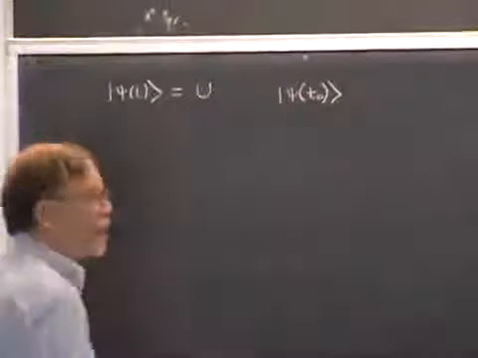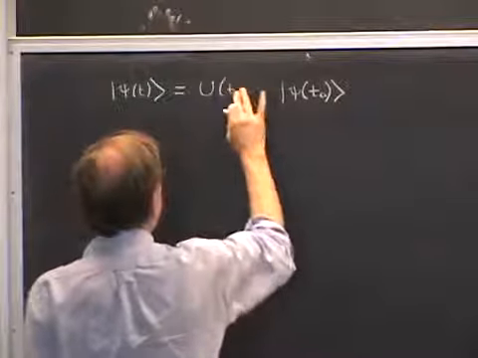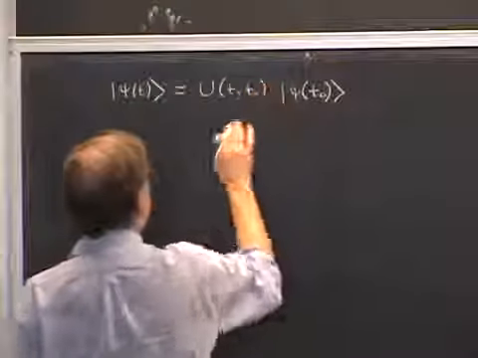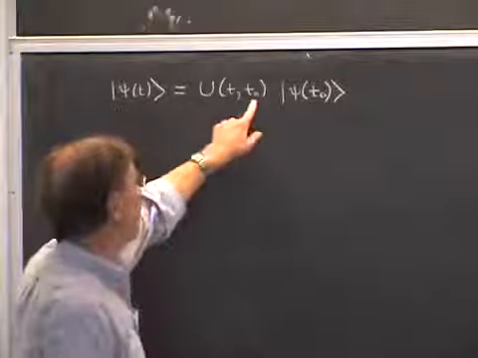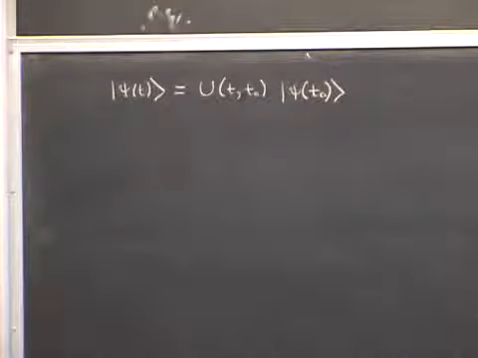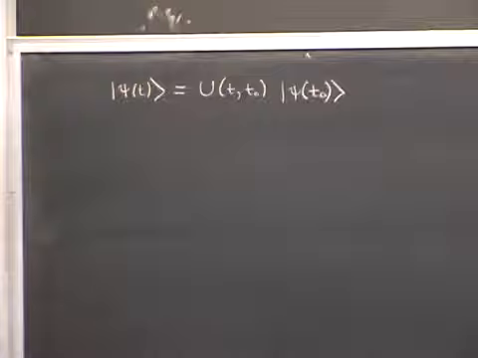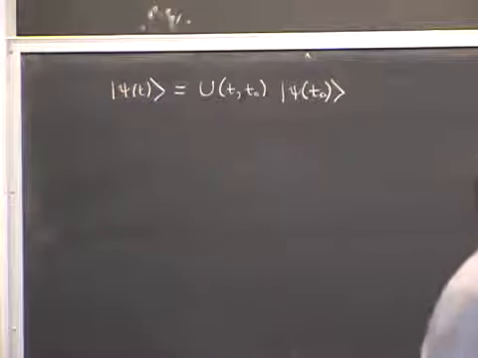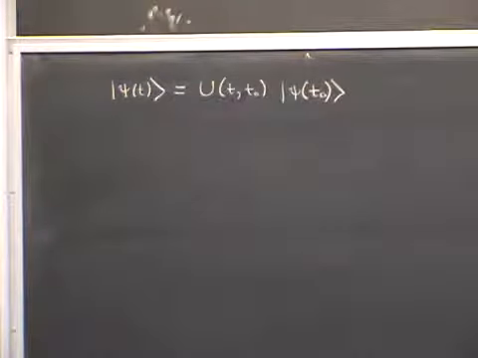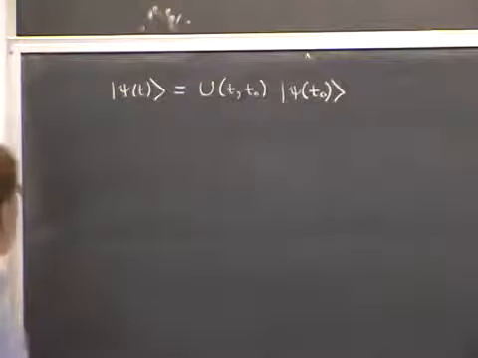The operator U must be parameterized by the two times, the initial and the final times. So we'll write it this way, U of t comma t0. Actually, I put the final time first, t, and the initial time second in the two parameters of U. It's a convenient way of ordering the two times. So this is a postulate, actually. You can add this to the other postulates of quantum mechanics that we've talked about so far. In other words, it's to be confirmed by comparing with experiment.